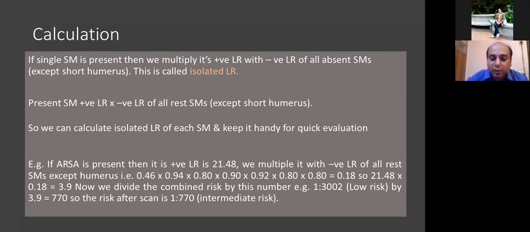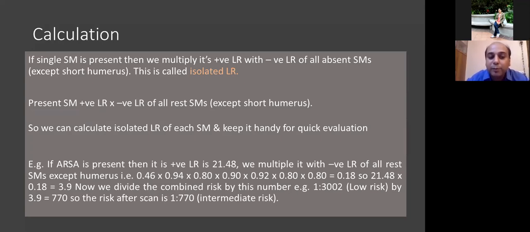Like this example, suppose in some fetus URSA is present, then its positive likelihood ratio is 21.48. We multiply it with the negative likelihood ratio of all the rest of the soft markers except humerus, that is these 7 soft markers, and we get the value of 0.18. So multiplying the positive likelihood ratio 21.48 to the product of all negative likelihood ratios, that is 0.18, gives us